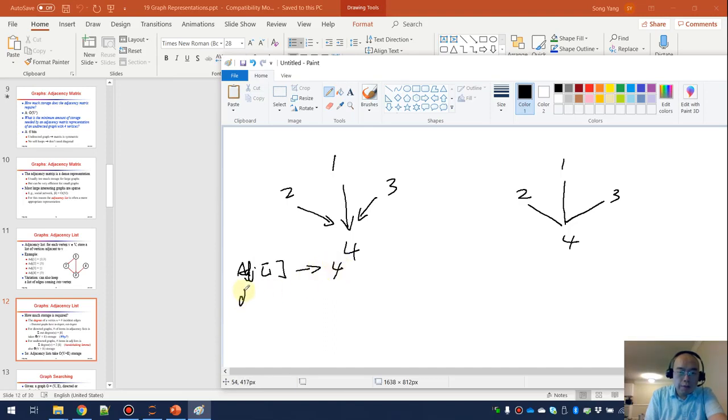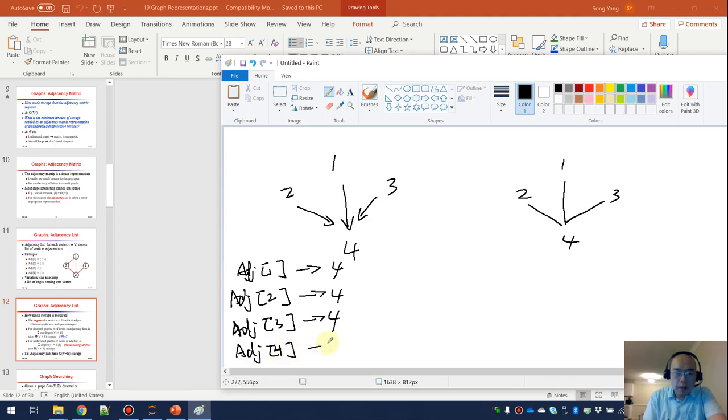For ADJ2, we have a 4. For ADJ3, we have a 4. And for ADJ4, we have nothing. Okay, so in this case, we are creating a total of 4 slots